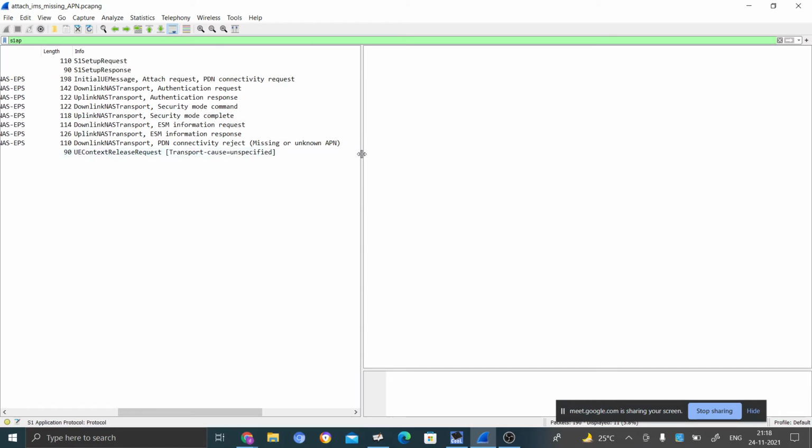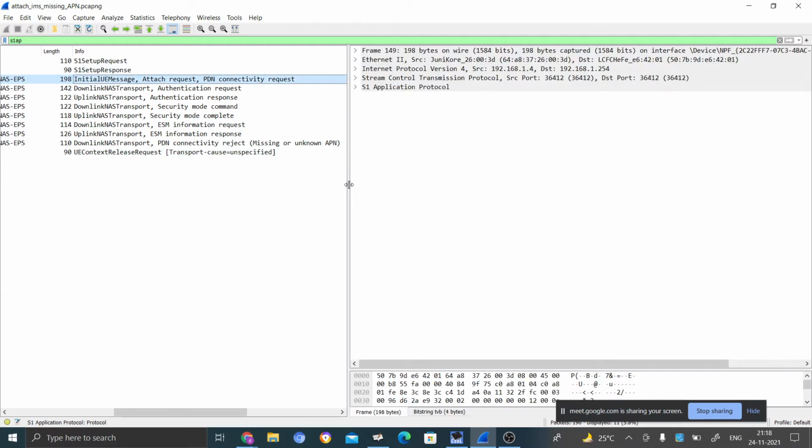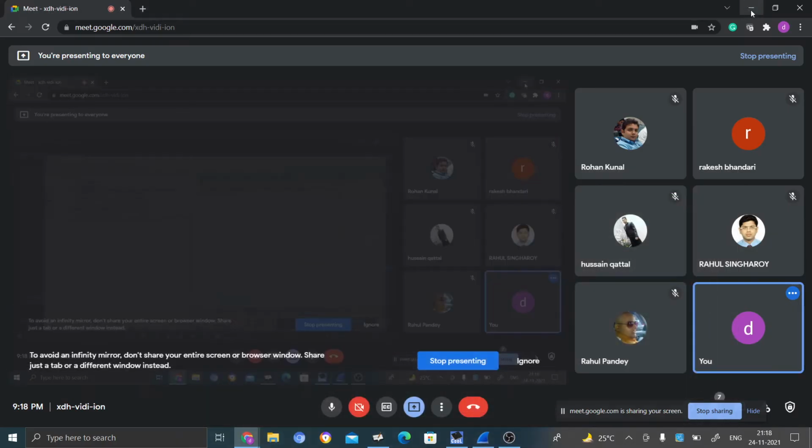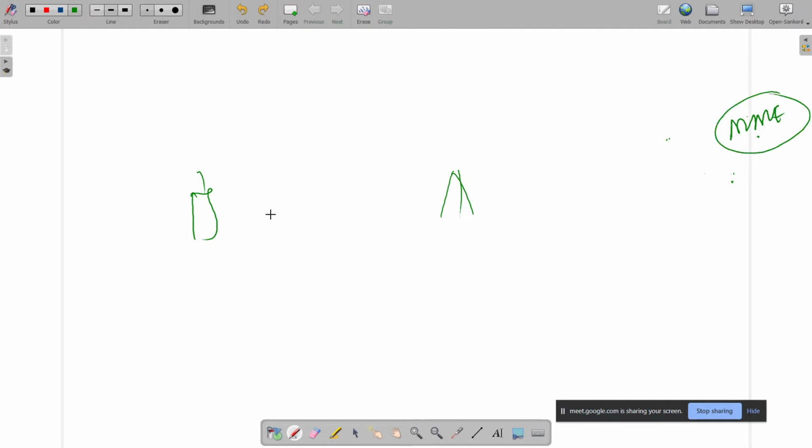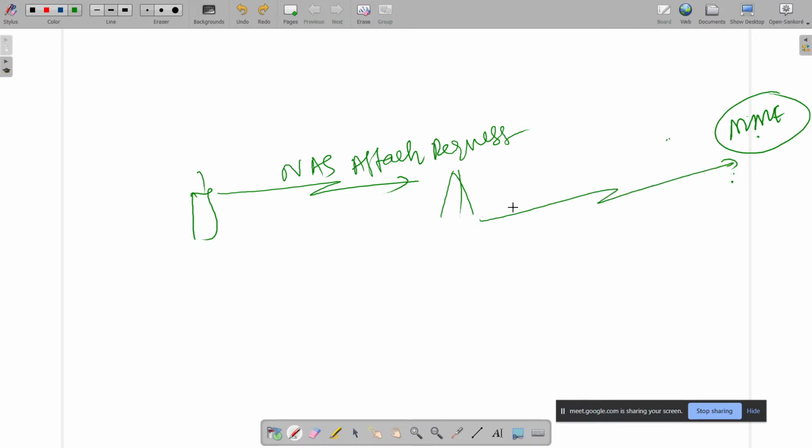I filtered out only the S1 AP messages. So this is the attach request we know. Yesterday we have seen that the attach request is a NAS request. It goes to the MME. Once the eNodeB receives this NAS attach request, it will send it as an initial